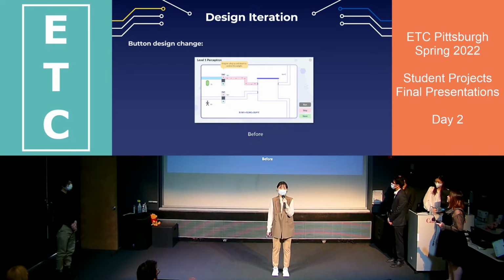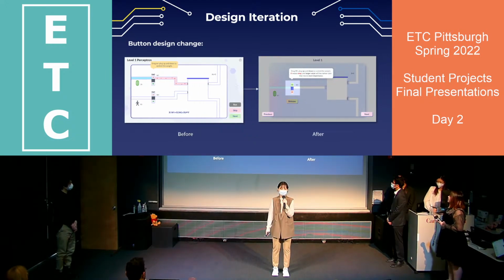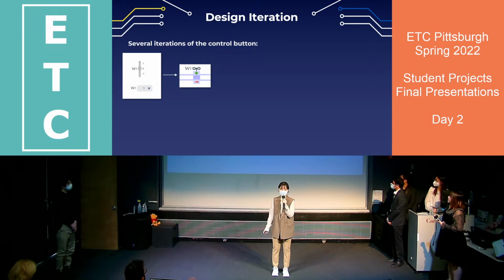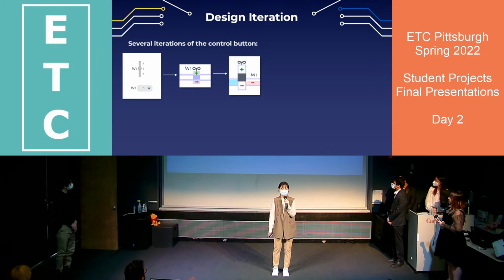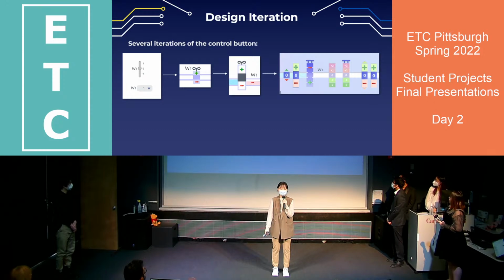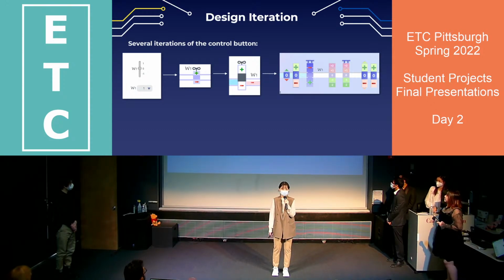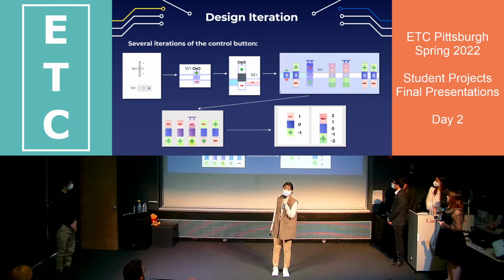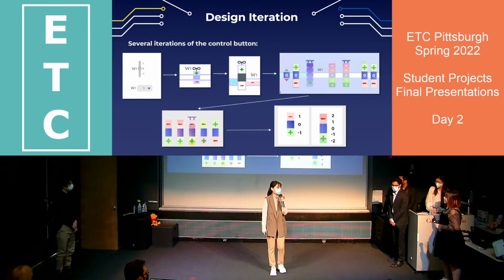The most difficult part is the button change. We tried many versions, from simply listing out the number selections, then visualizing it in the shape of a valve. But after multiple playtests, we found that the players tend to click the buttons rather than drag them. So we changed it to a clickable button. And also, as the difficulty of the game increases, the number of valves also increases. So we added more colors to the valve and finally went with the last version here. Next, I will hand to Hui to continue talking about design iteration.